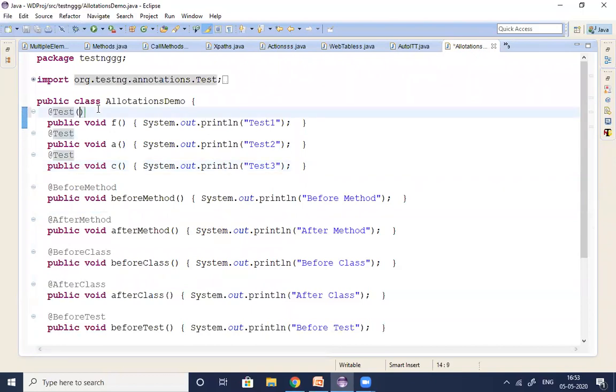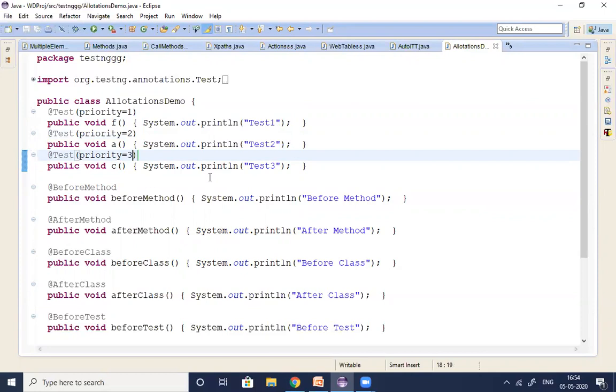That is possible with the help of one keyword called priority. By prioritizing, we can prioritize the test script execution. That is possible in the TestNG framework. Guys, see, we are using one keyword, priority equals 1. Second one is priority equals 2. And the third one is priority equals 3. Which one you need to execute first, that you give here with the priority keyword, guys.